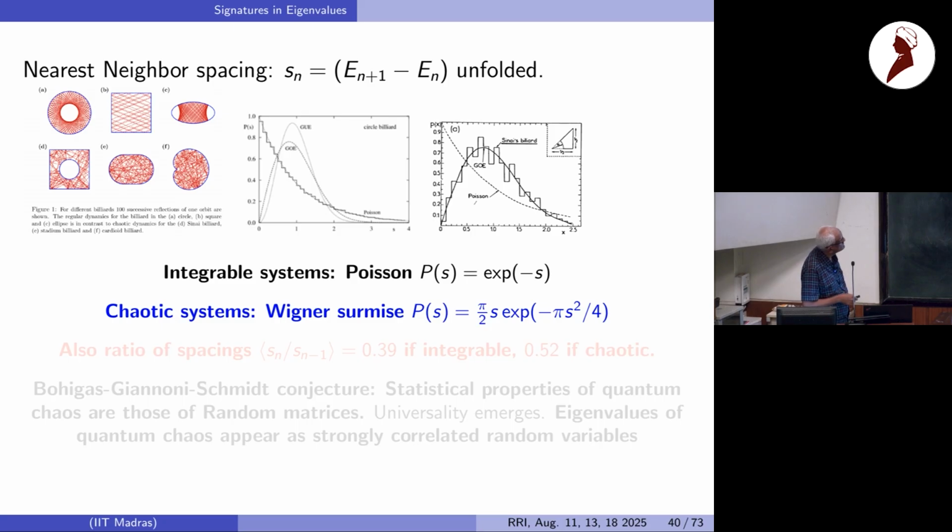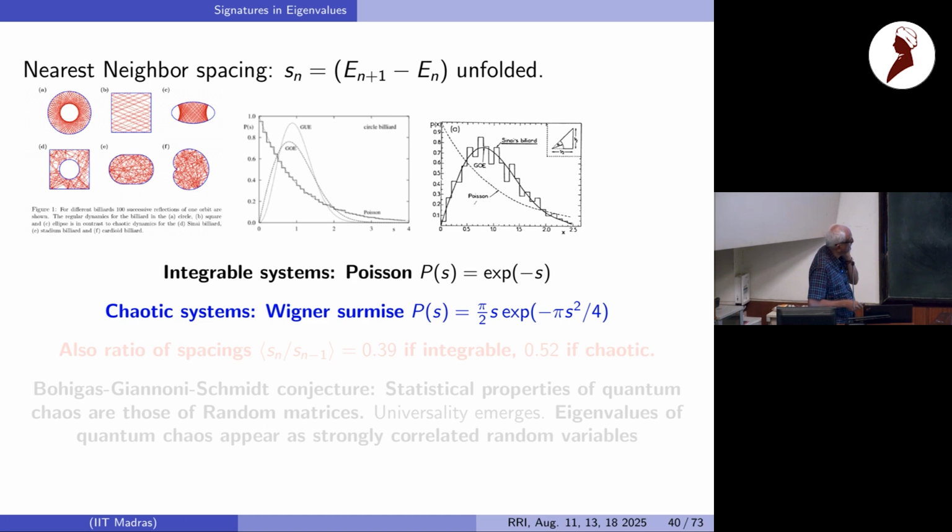That has a distribution which is vanishing at the origin, which tells you that these levels are not clustering close by, they are repelling each other. In fact, they follow a Wigner surmise, the so-called Wigner surmise, very well, which is what is plotted here. So there is numerics and there is this. There is a very different behavior for quantized integrable systems and quantized chaotic systems, even in how the energy levels are spaced. The energy levels repel if it's a chaotic system.